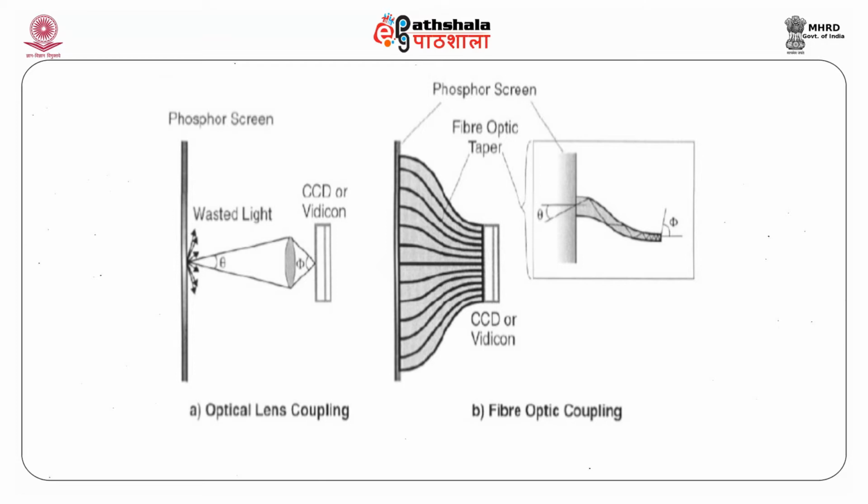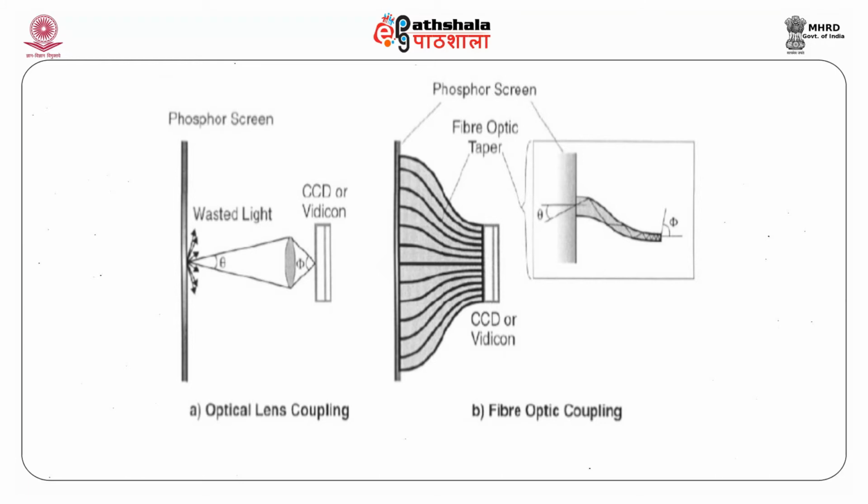The scintillation material converts X-rays into light photons, so the X-ray image becomes a light image. This light image is channeled through optic tapers, or in some cases fiber optics, and then falls onto a very small area, which can be 1 centimeter square or 4 to 5 centimeter square, a CCD camera,